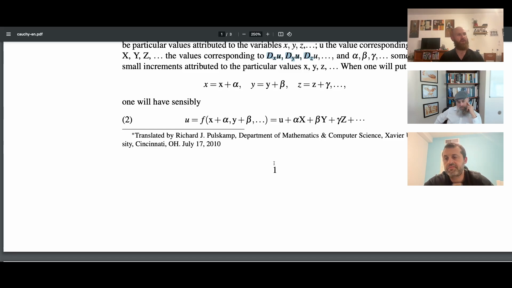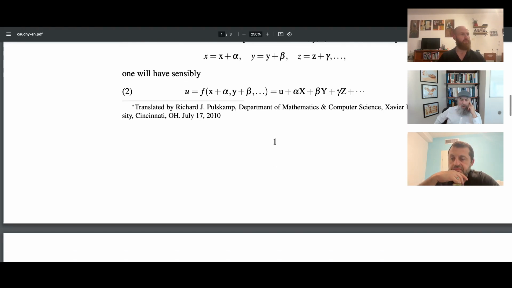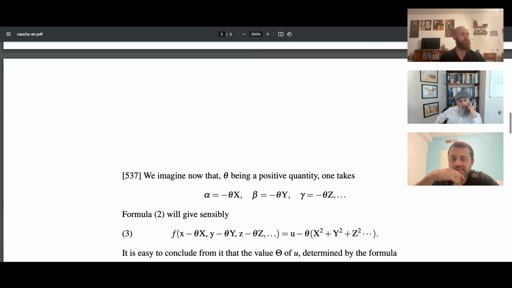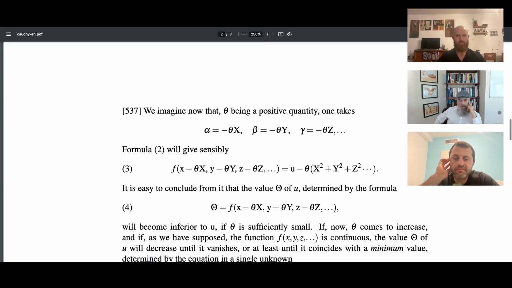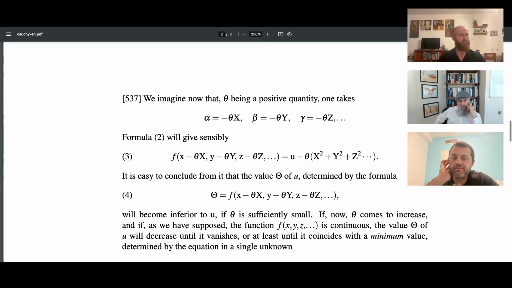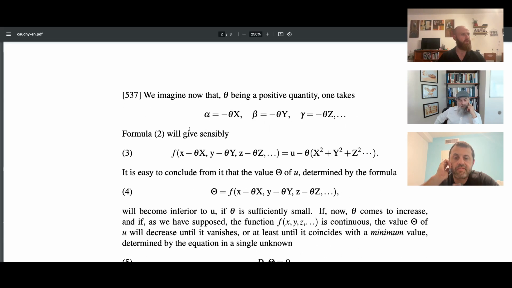And I think you mentioned it, Nir. This derivation is similar to Newton's method. Makes sense? Not quite. We're not there yet. No, this is not Newton's method yet. Okay, so tell me where it is.